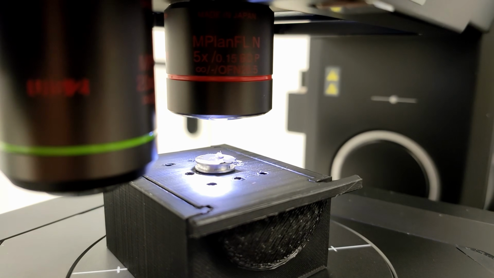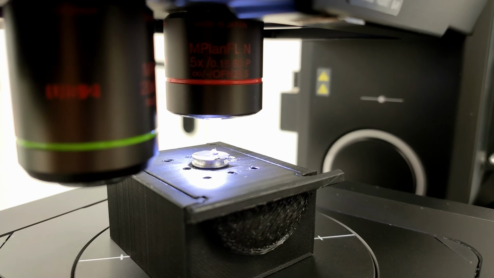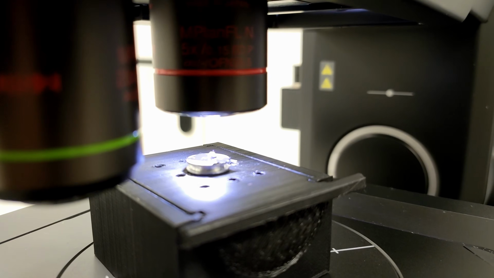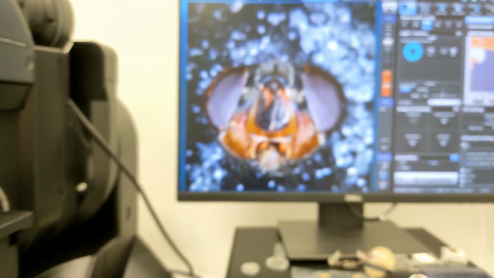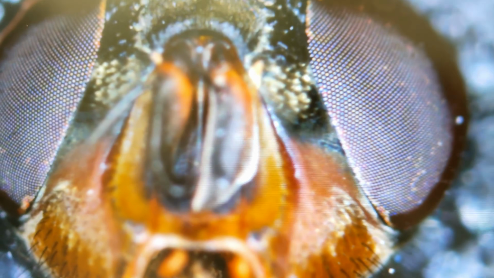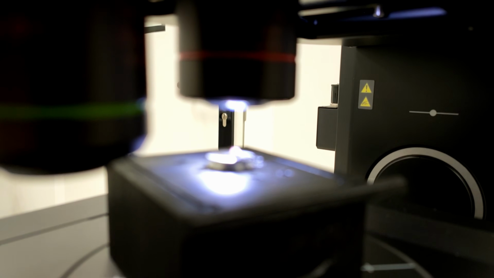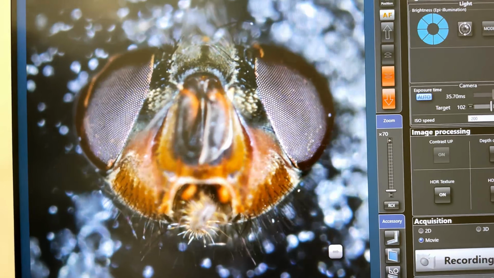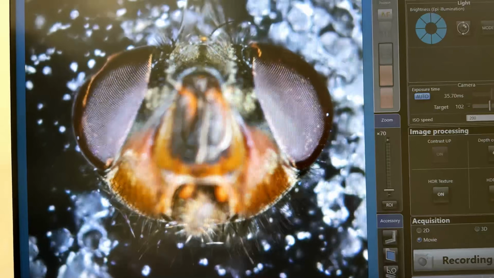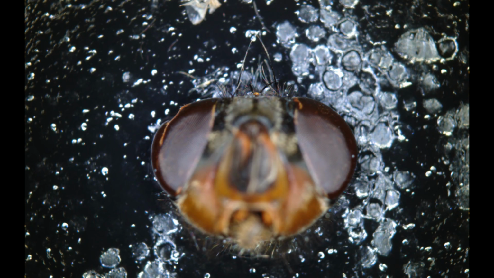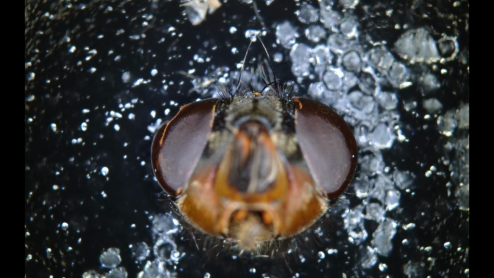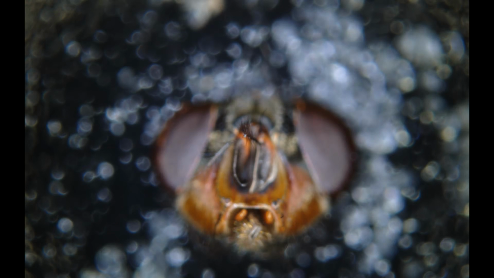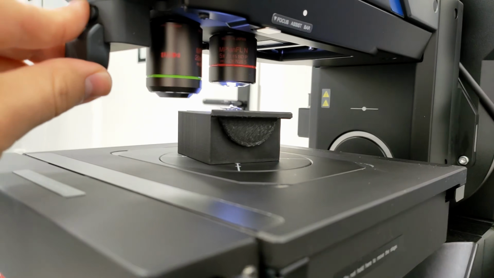We start with a 5x objective, which together with the camera optics gives about 70 times total magnification. On the screen we can see the entire fly head. This is the lowest magnification available in this configuration. If I focus on the tip of the fly head, everything below becomes blurred. This is a typical feature of optical microscopy: limited depth of field. Sometimes this effect is useful, but in most cases we want the entire image to be